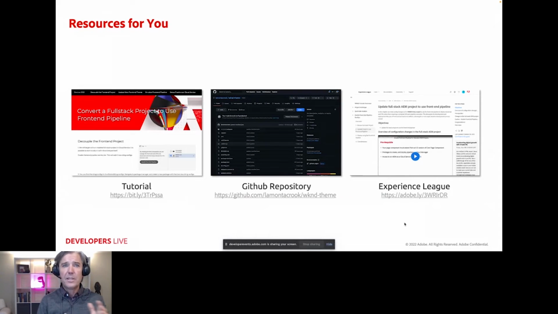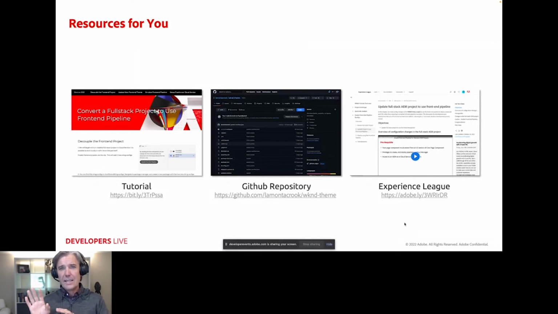So I've put together a number of different resources. Since there was a lot of steps here, I wrote up all of those steps and put them together. So there's a link to a tutorial. Like I said, there's a GitHub repository with the theme resources so that you can see the full spectrum of all the changes that I made.